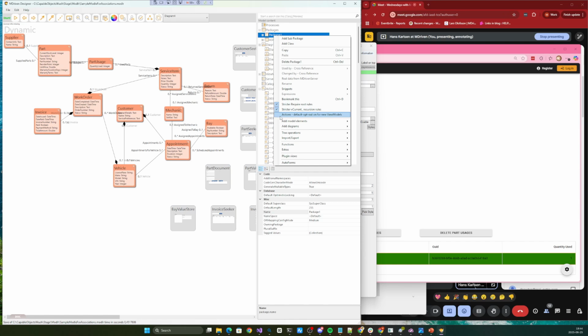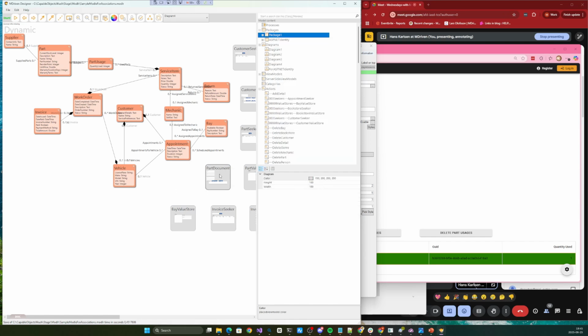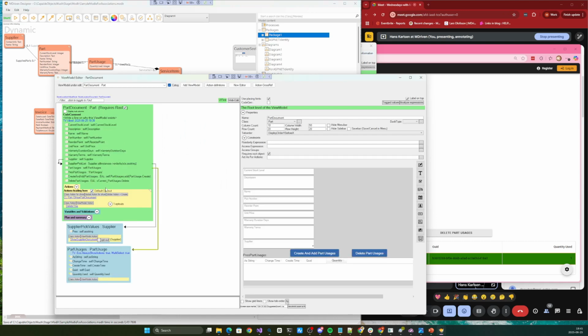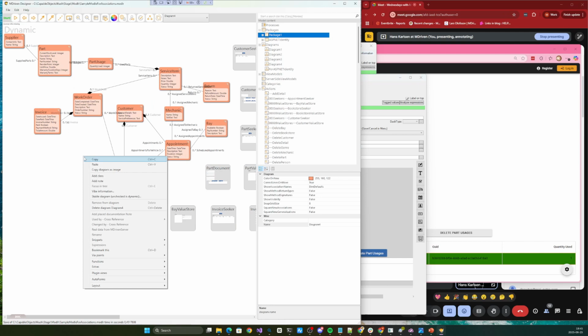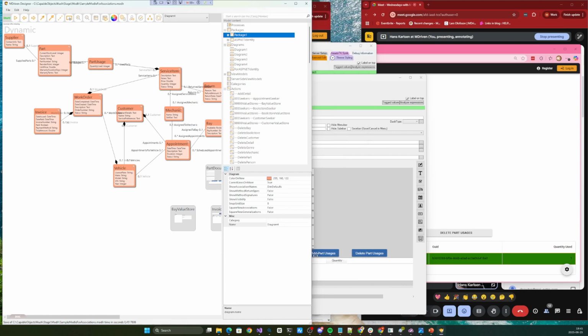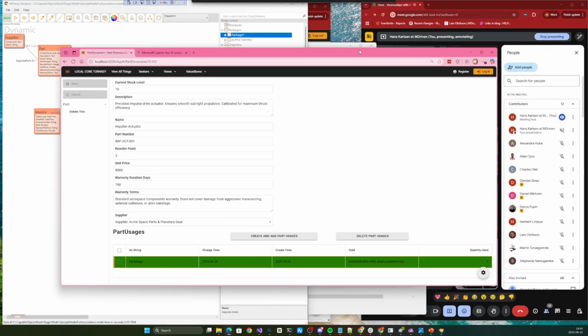opt-out default. And if that is not enough, because you have a backlog of, let's say, 1,000 view models that you would want to have this setting on, and you are reluctant to go into each and every one and check this box, there's also a quick one under extras, convert all view models to actions default opt-out. That will loop through all of them to update this. Anyway, let's check this. So